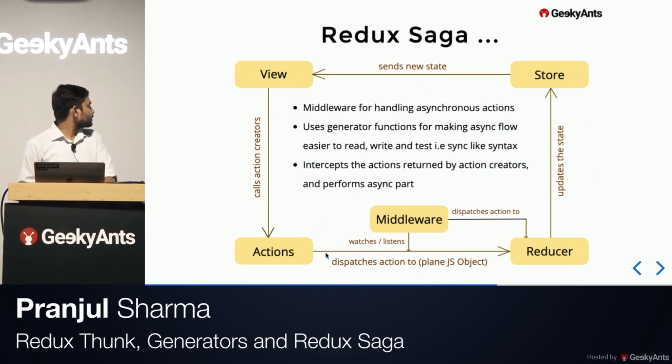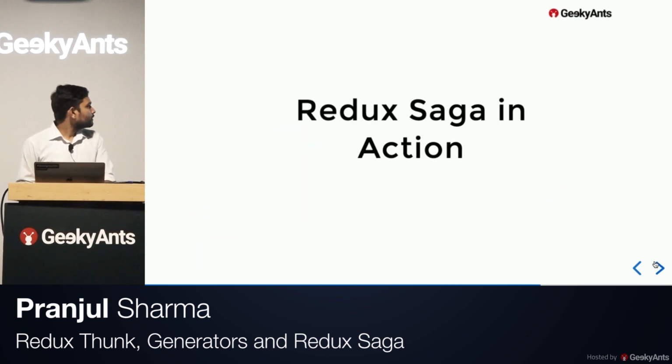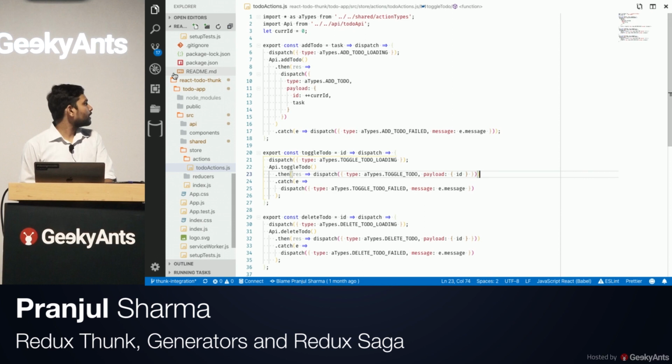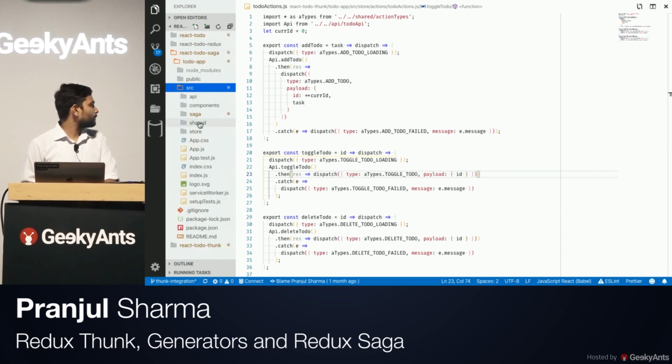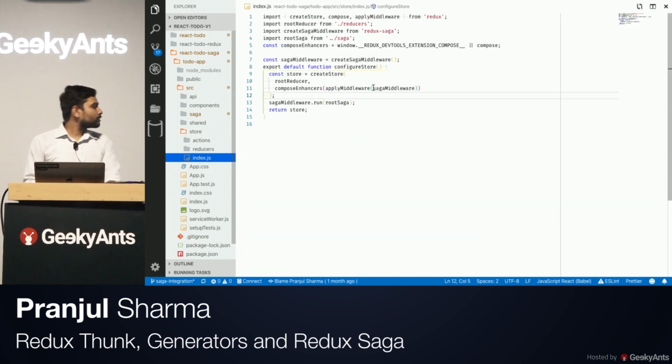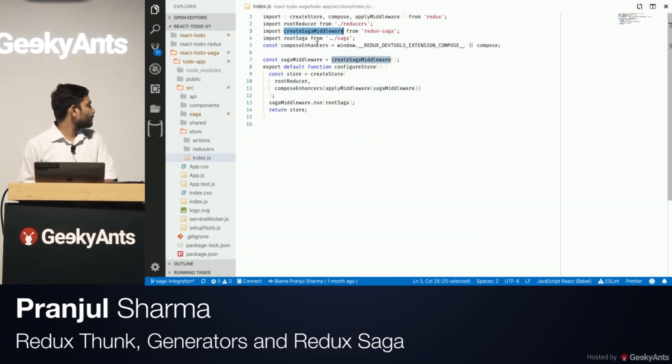First, to initialize and do the basic setup for our Saga, we import this library and call this function, which returns an object that we apply here in applyMiddleware, and then run our root Saga. Root Saga is nothing but like a root reducer that we supply while creating our store. So root Saga,